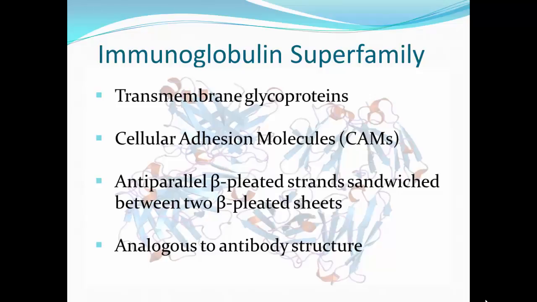In the background protein, you can actually see an example of an immunoglobulin, and you can see 4 somewhat identical proteins that are kind of sandwiched together, but they are anti-parallel. They're not facing exactly the same way. They're mirror imaged almost. The immunoglobulins have a structure analogous to that of an antibody as well,